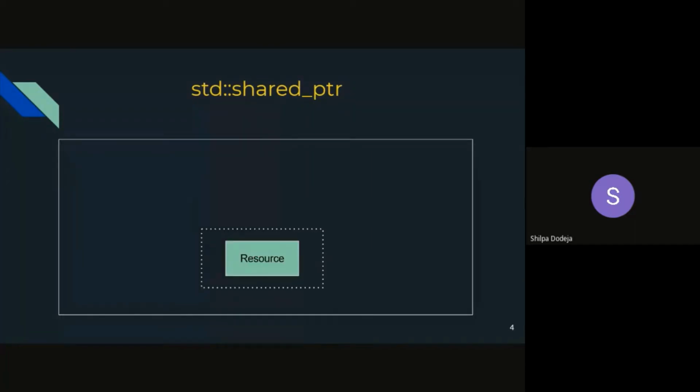As the name suggests itself, the shared pointer will allow the shared ownership of a particular resource. That means two or more shared pointers can own a particular resource, and they will simultaneously manage the lifetime of that resource. Now if everyone is managing, let's say I have three shared pointers and everyone is managing that resource, wouldn't it be undefined behavior if everyone would try to destroy the object whenever they go out of scope, right? So the shared pointer does some kind of magic trick to ensure that the resource object will only be destroyed once,